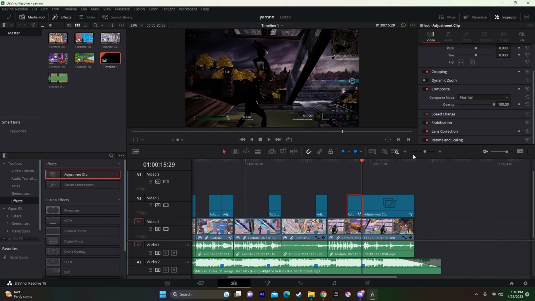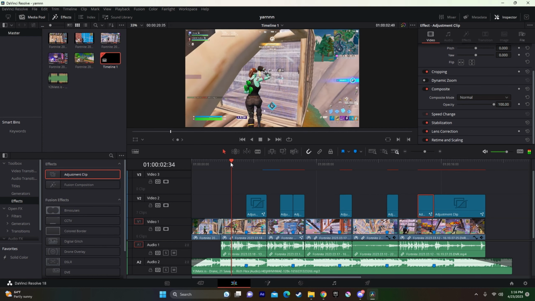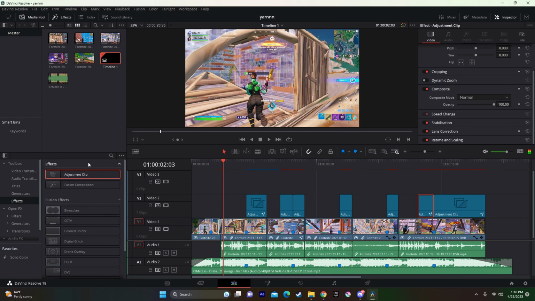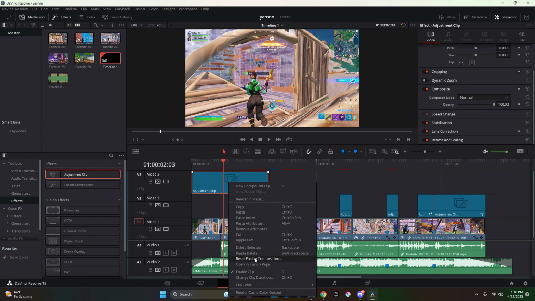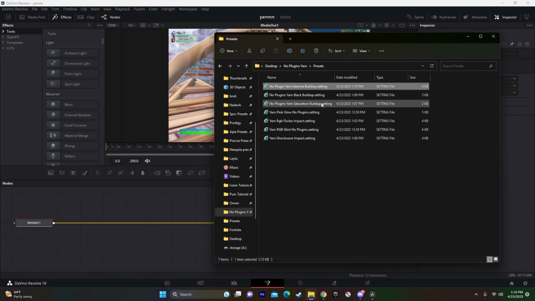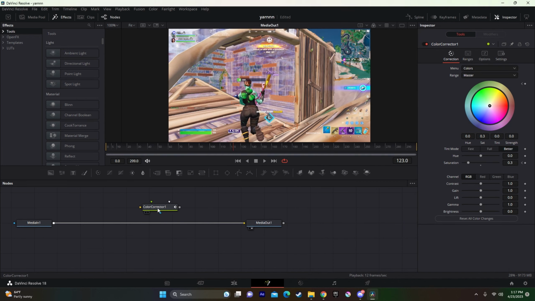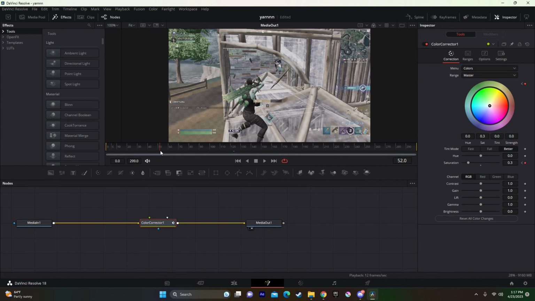Here. Then I'm going to go all the way to the beginning, and what I'm going to do here is I'm going to drag another adjustment clip, open this in Fusion, drag in, no plugins, yarn saturation buildup, connect this, then I'm going to go to the 50-second frame right here,